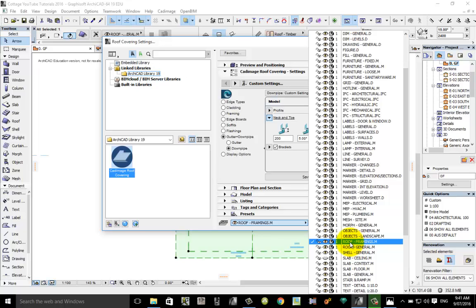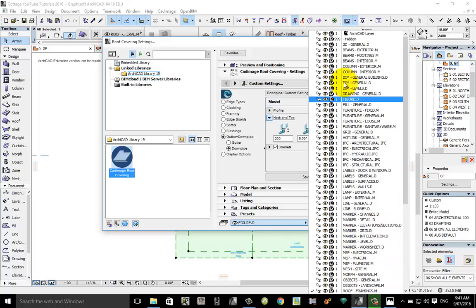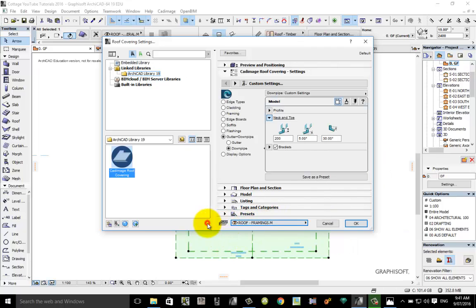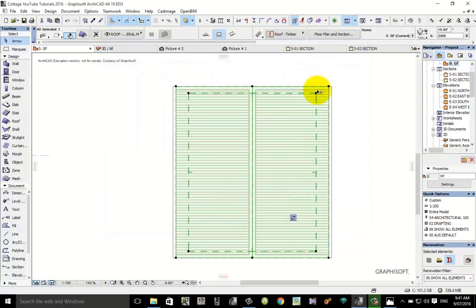It's important to do that because we need to be able to turn that off later on, and the ArchiCAD layer you actually can't turn off. So if you leave that on ArchiCAD layer, you won't be able to turn that off, which causes issues. So click OK, and you'll then see in 2D some extra lines appear and gutter and so on, and then when you go back to 3D,